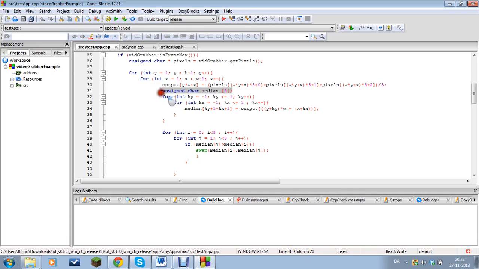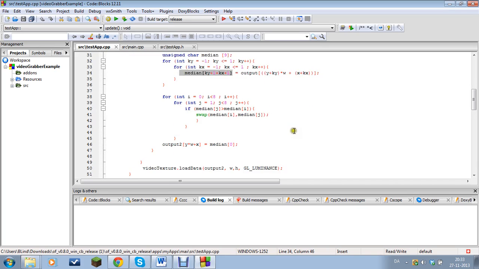I make an unsigned char array, and we take just a 3 times 3 filter, and we load each of the outputs from inside the kernel, or the fictional kernel that isn't visual anywhere, into our median array, which is going to be used for the max. Then we arrange the array here, and you can see we'll put the maximum value at the end,